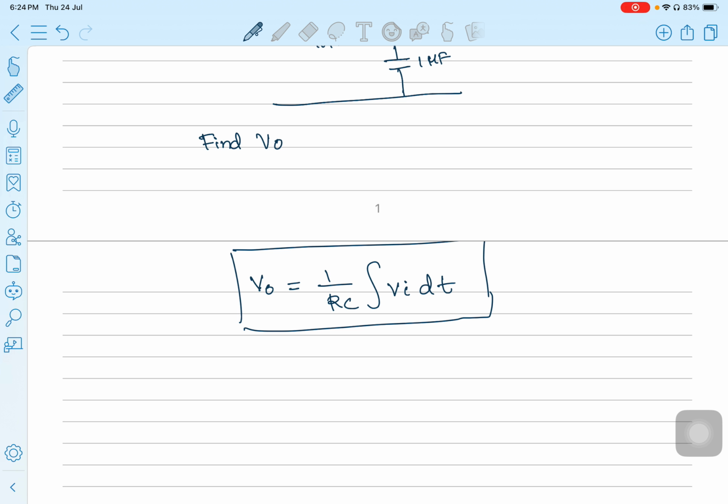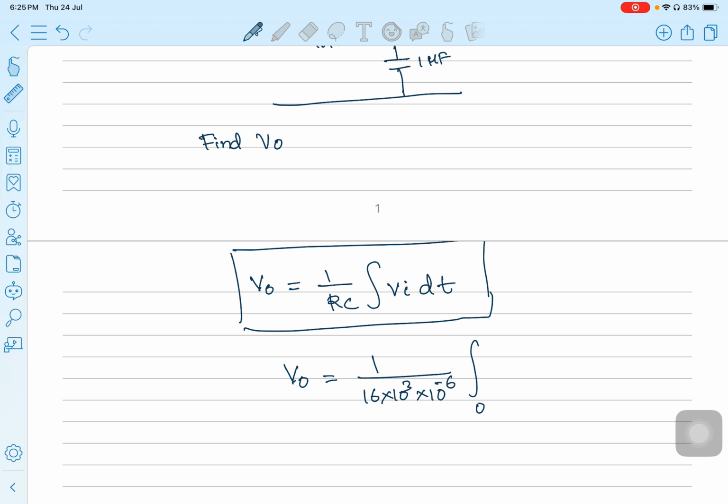Okay, so you refer to this equation. We can substitute all the values. So V out is equal to 1 divided by RC. R is 16 kilo ohm, so I can write 16 into 10 power 3. Then C is the capacitance, that is 1 microfarad, equal to 10 power minus 6. Then the integral from 0 to